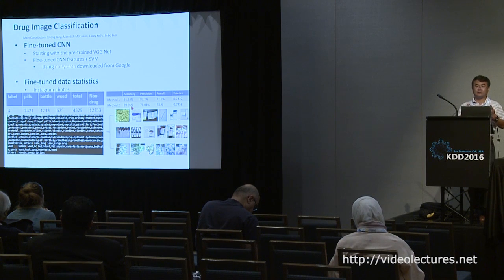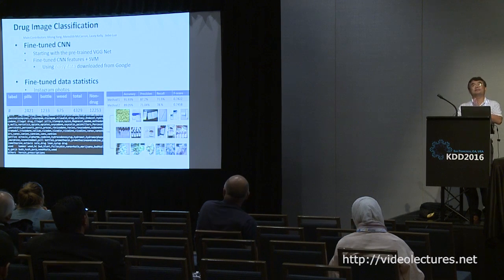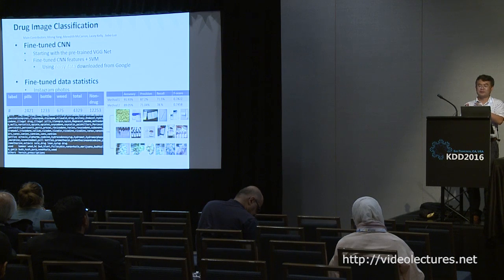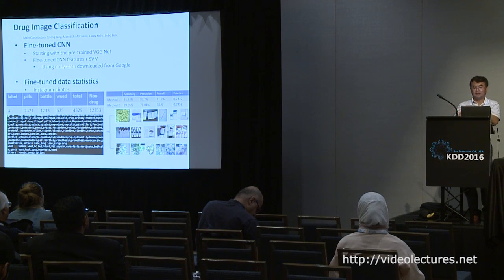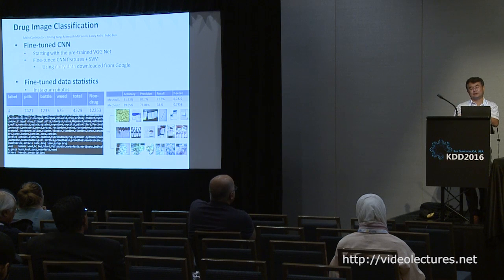I want to give you the idea of what 90% is like. They hire interns to do this job, and they have a supervisor. So we treated the supervisor label as ground truth, right? You can measure the performance of interns against the supervisor's labeling, and then our algorithm against the supervisor. So what I'm saying is this 90% is essentially saying our algorithm is as good as an intern.